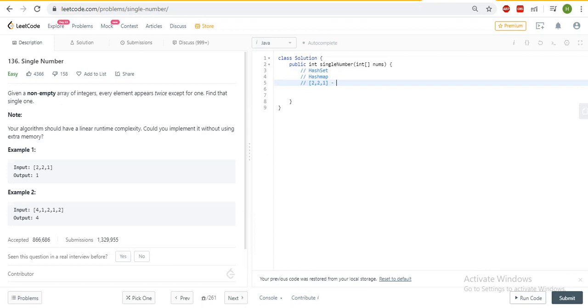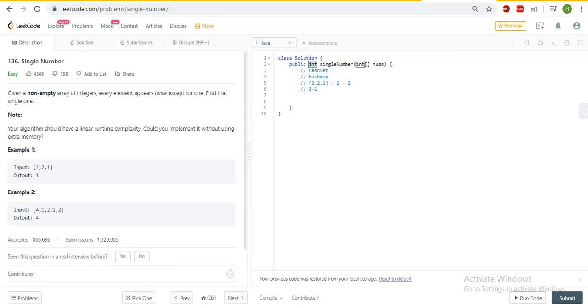For two we have two elements, and for one we have one element. After iterating the map, wherever we have a value of one, that is the unique one that we have to return.